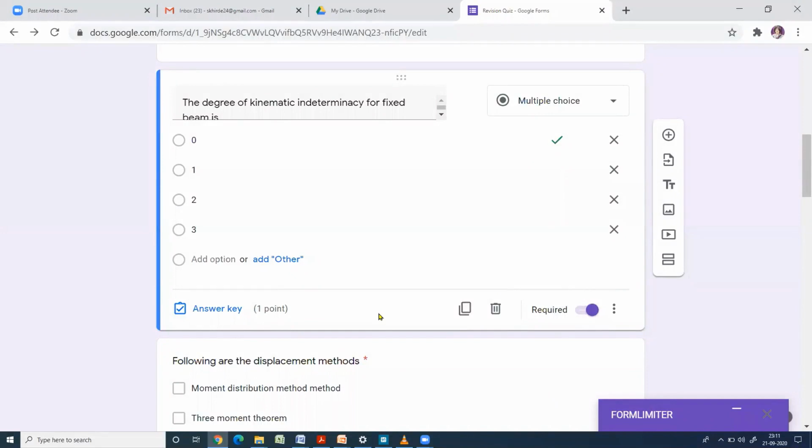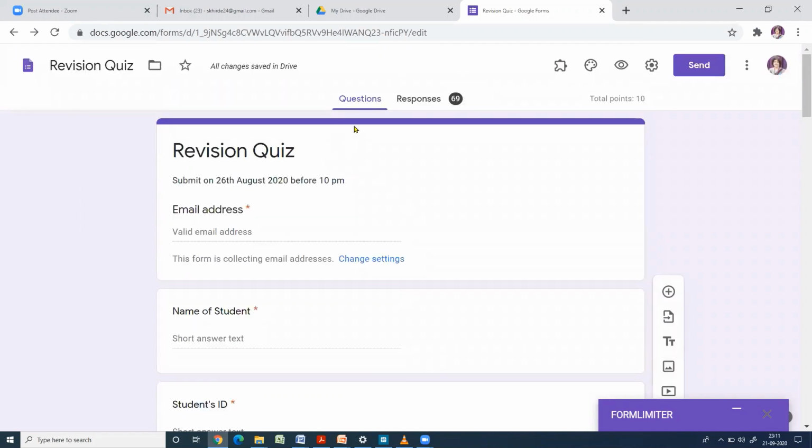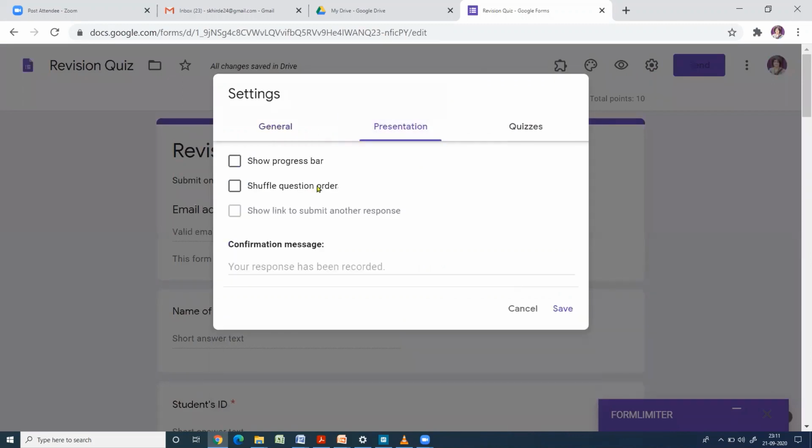In Google quiz, it is possible to shuffle the order of the questions as well as the order of the options. We have already seen how to shuffle the order of the question from this setting menu. From setting, if you go to presentation, here you can see shuffle question order.